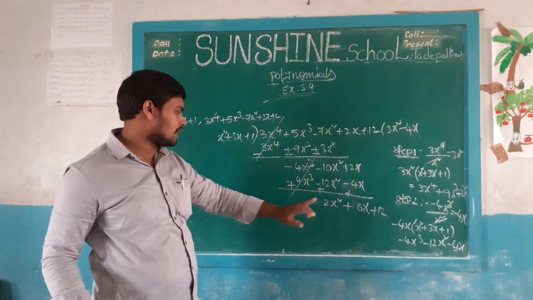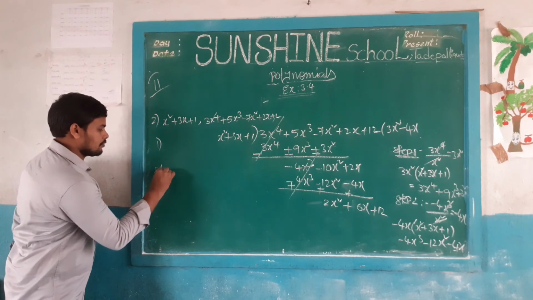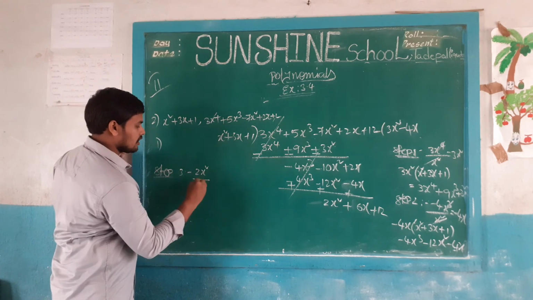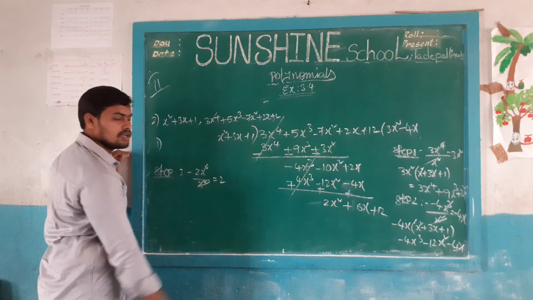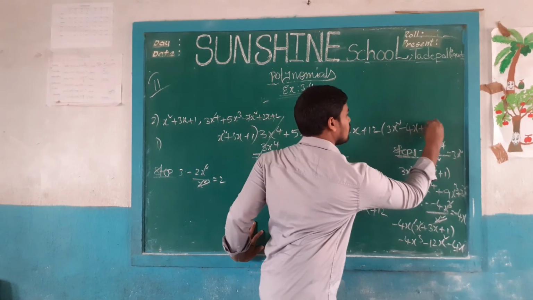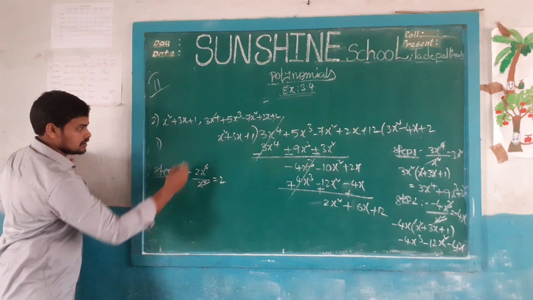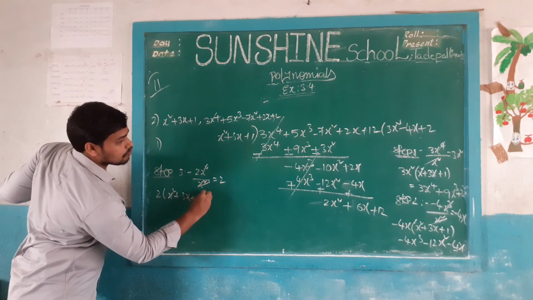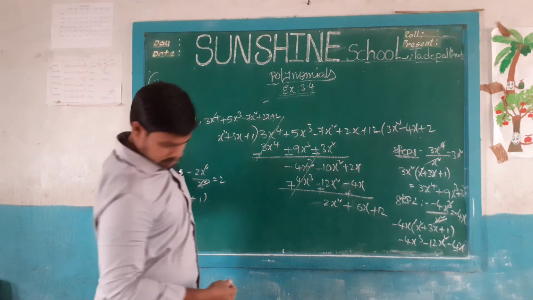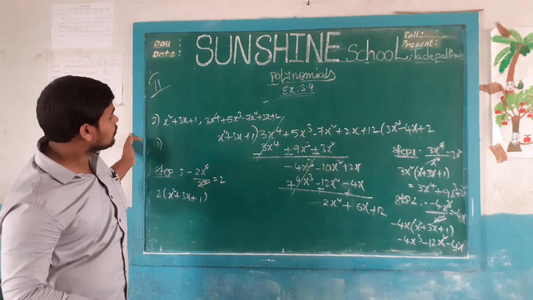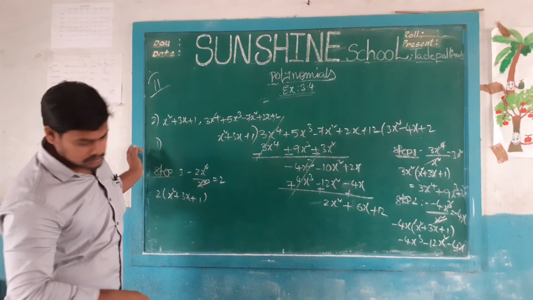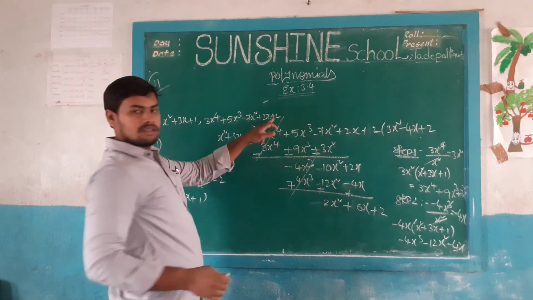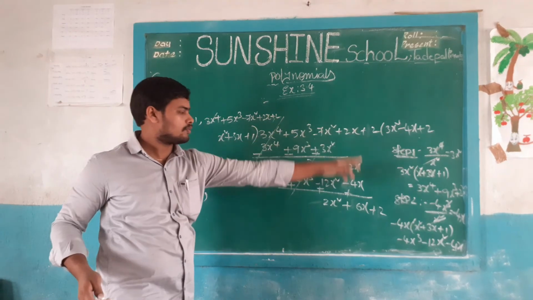Now move on to step 3. What is the step 3? Step 3. First value is 2x square by x square. X square cancels. So 2 here. Write down that 2 here. So multiply 2 with this one. 2 into x square plus 3x plus 1. Minus 2x plus 2 only, okay. This is plus 2, not 12. Okay.